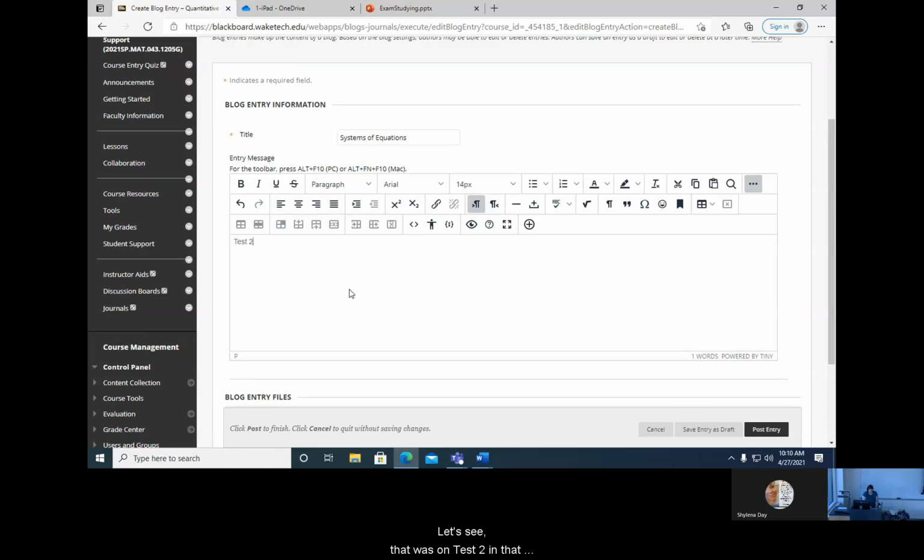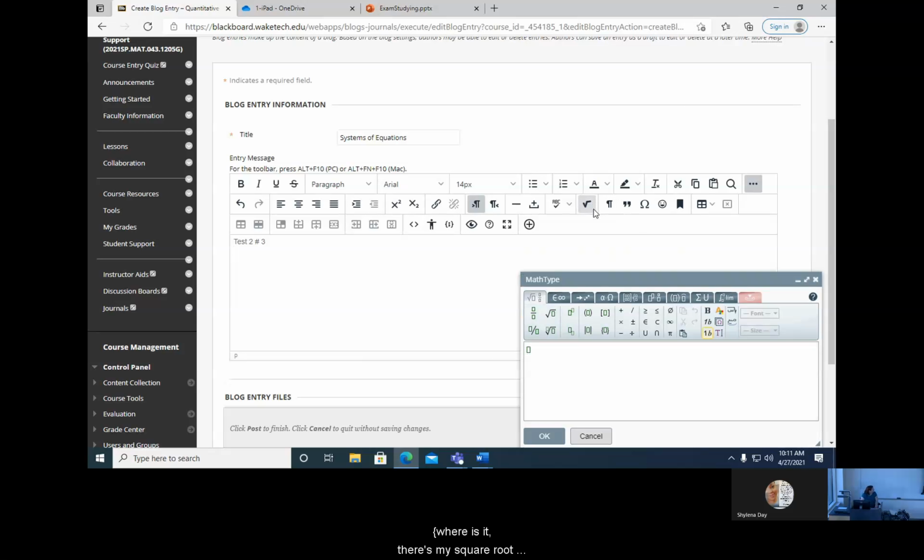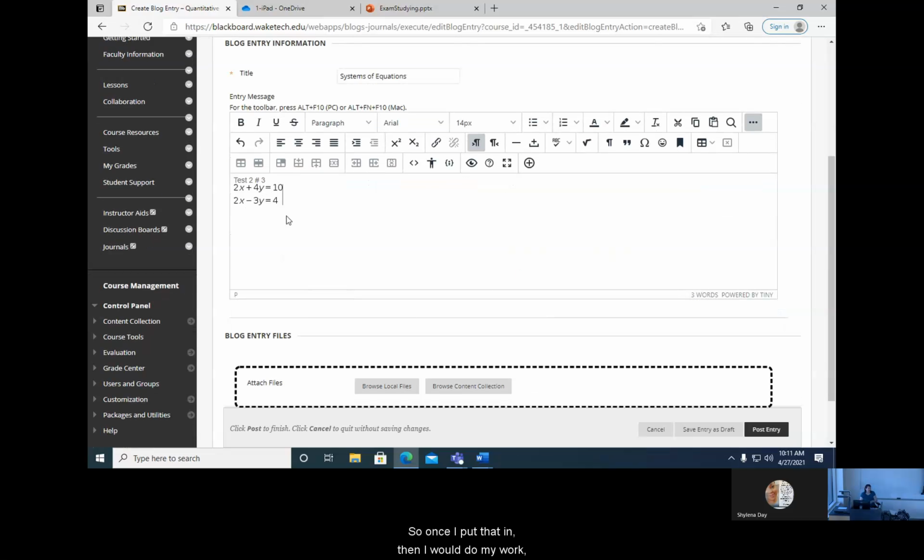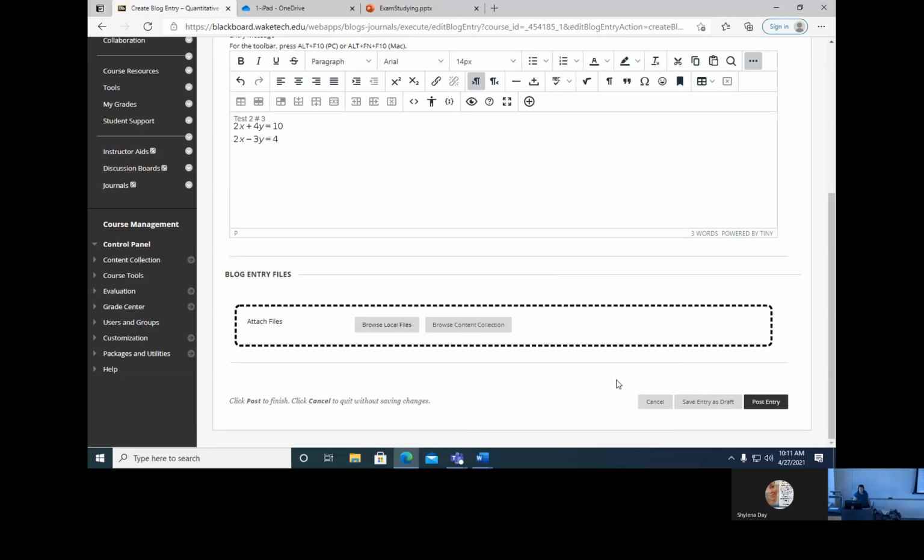Okay, so maybe you do systems of equations. Let's see, that was on test 2 in that class. Test 2, number 3. And then put in your equations with, where is it? There's my radical symbol. The equation editor. So maybe we have 2x plus 4y equals 10, and 2x minus, okay. Okay, so once I put that in, and then I would do my work, okay, solve it or whatever, okay. So then you would post that entry, and then you do your second one. Okay, so any questions on what I'm looking for in that assignment,